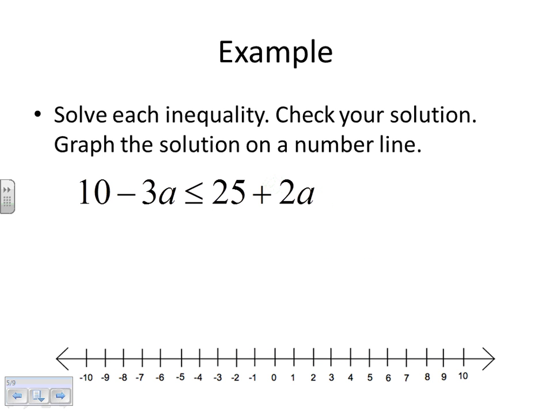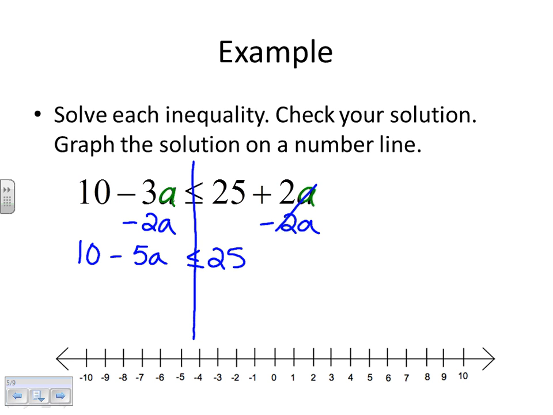All right, now here is an example where we have variables on both sides of the inequality. Okay, now this should have little red flags coming out from when you see this problem. I've got an A on this side and I've got an A on this side. That's bad. I want them all on one side of the inequality sign. Okay, so I'm going to subtract 2A from my right side. What you do to one side, you've got to do the other. So those cancel. And I have 10, negative 3A minus 2A is a negative 5A is less than or equal to